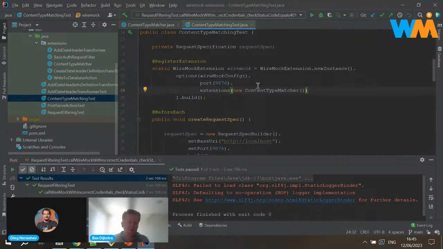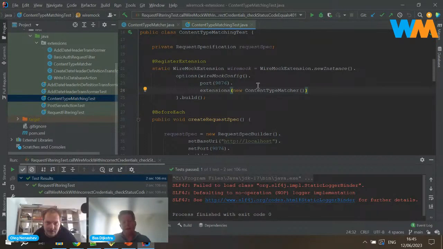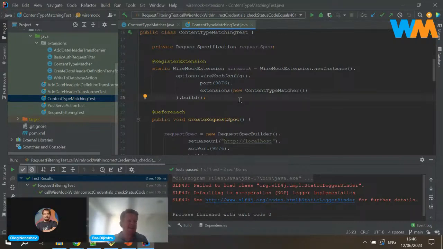Even if you do it in code, there's, I think, and please correct me if I'm wrong, 3 different ways of doing that. You can either do it by creating a new instance, like what I do here, which is what I'm used to doing. You can point to the qualified name of the class, and you can just point to the class name. I think those are the 3 options there. So use whatever you like. I typically just create a new instance because I think that's the most natural way of doing this.